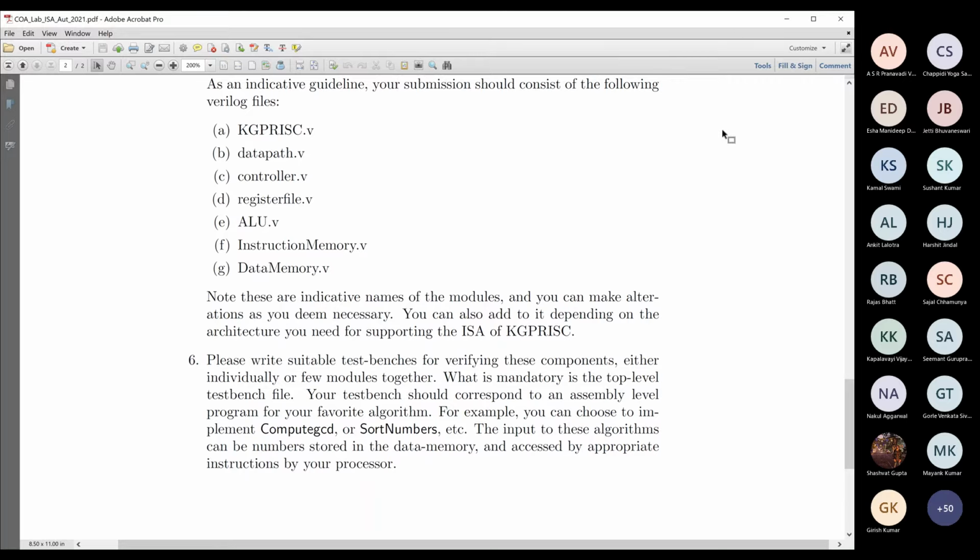Now we do not have any access. Okay, so it will be fine if you basically perform a post-synthesis simulation of this design where you write a program to compute GCD. Suppose that program takes 50 instructions. It might take less than 50, it might take more than 50. I don't know. I'm just giving an example. Just simple. So suppose it takes 50 instructions.